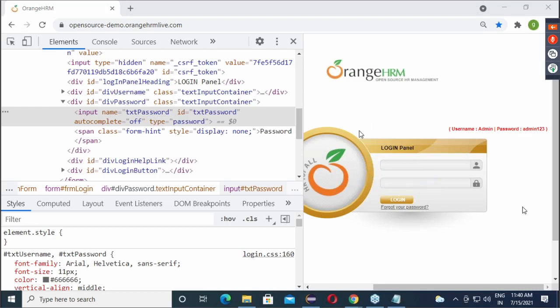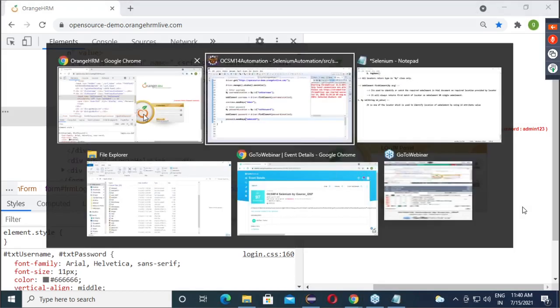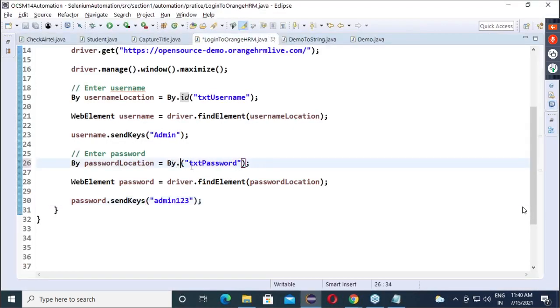So here we can use this name. Instead of ID, we can use By dot name and change this value. So if ID is available, we will go with ID. If ID is not available, then name. Let's cross check whether it is working or not.